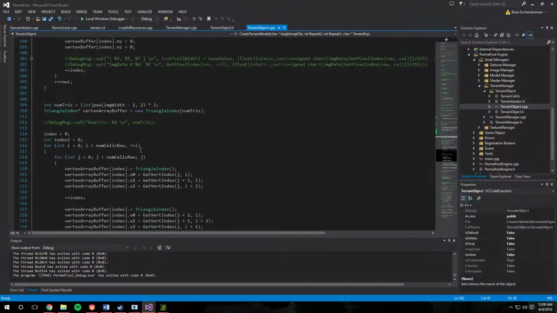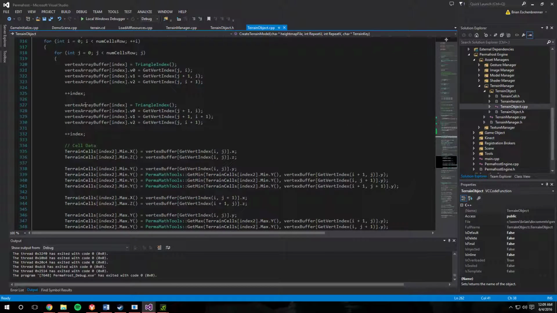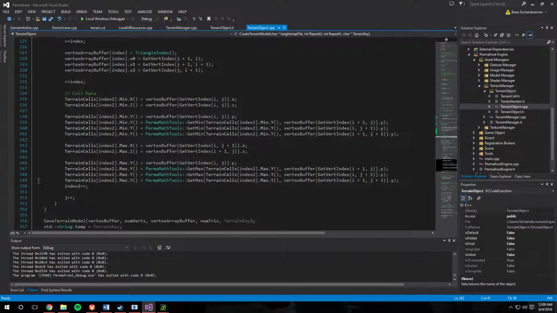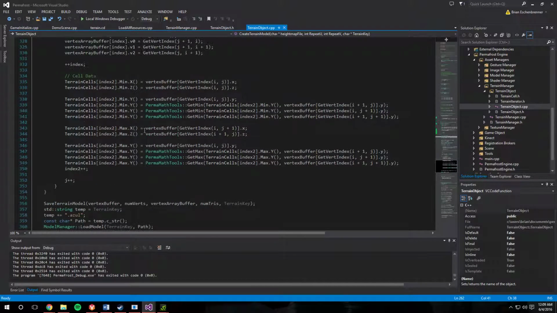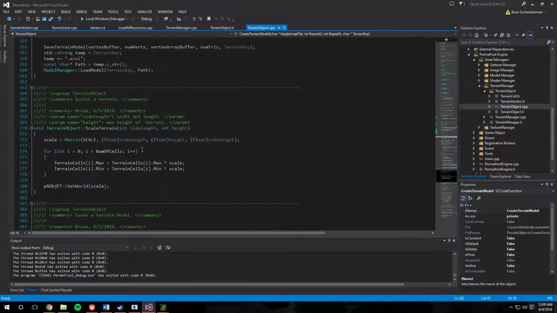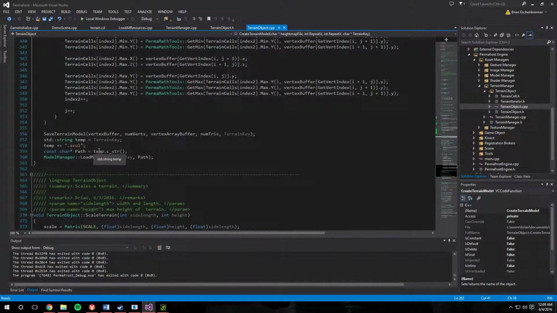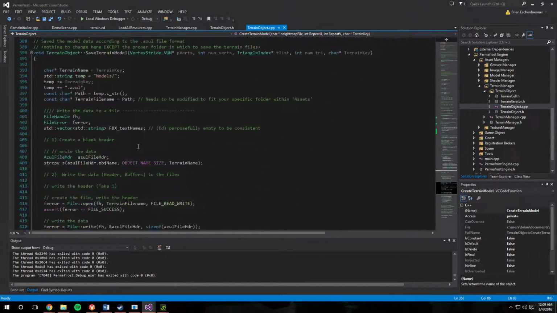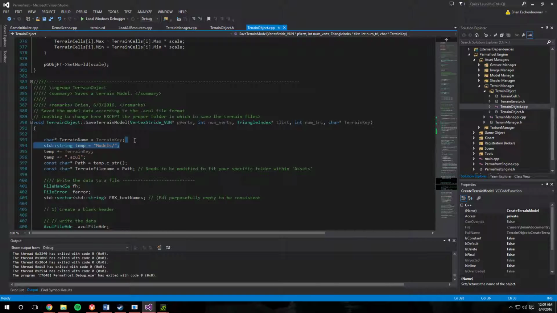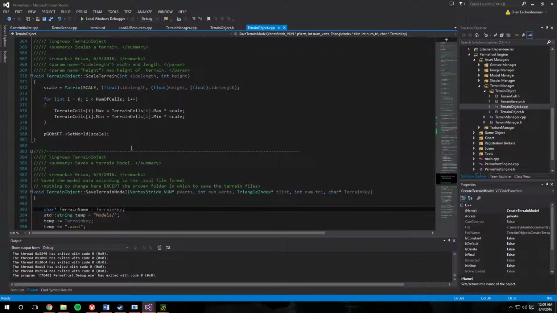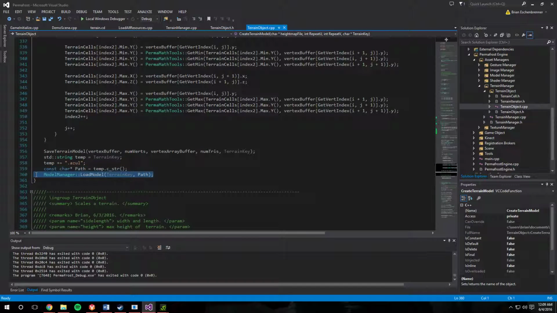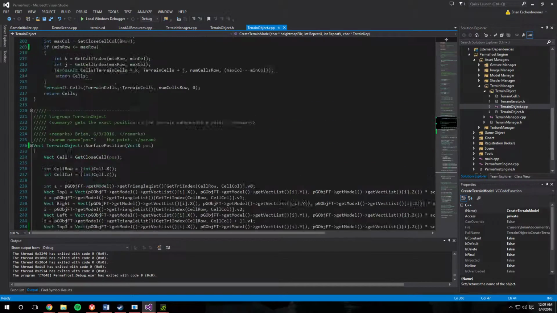You've got all your vertex buffer stuff, set up all of the vertex array buffer, set up all the cells for the terrain and all the triangles and stuff like that in there, and then save the model, which is that long file you gave us. So I'm not going to really go into it, but it simply just makes a model with the name of the terrain, and then I load in that model with that terrain name so that I know exactly what the name is. And after all that,